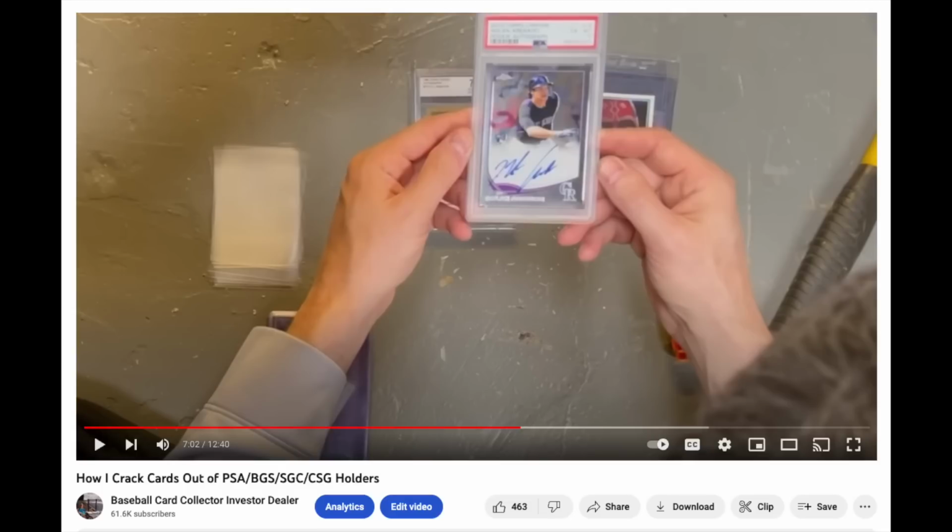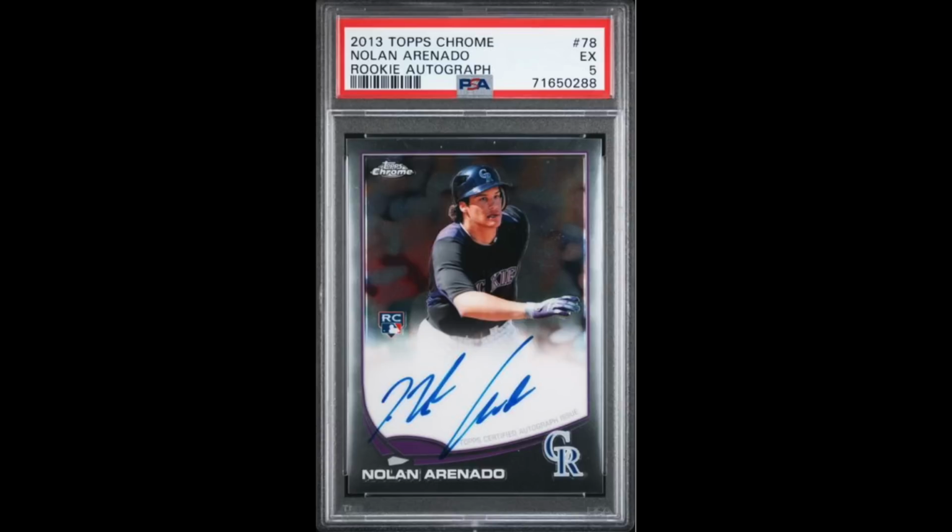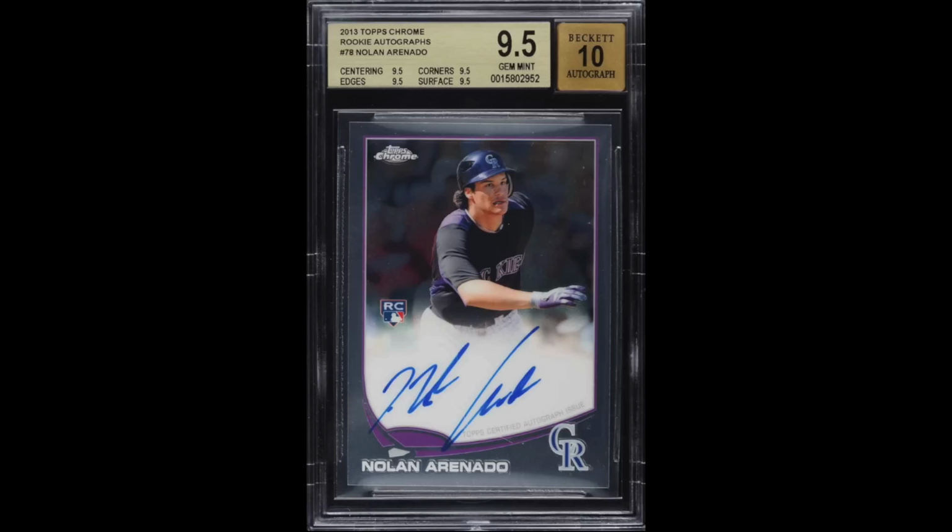So I decided to resubmit it to PSA, hoping that they just made a mistake the first time. And when I sent it to PSA the second time, it came back even worse, a 5, and just baffling. I did not understand it. The card looked, like I said, extremely sharp to me, and I could not find any issues with it. So I actually decided to crack it a second time. I gave up on PSA and sent it to Beckett, hoping for better luck. And Beckett delivered, giving the card a Gem Mint 9.5